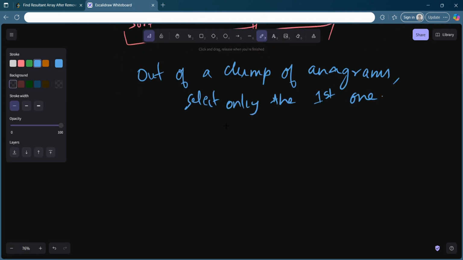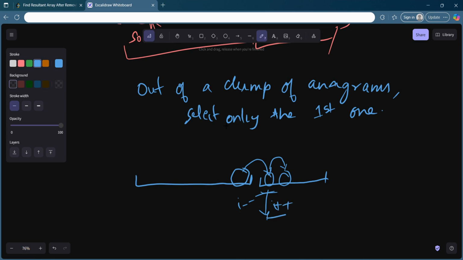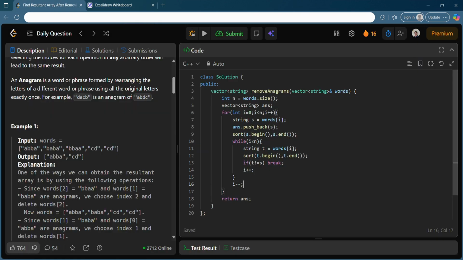So guys, did you understand what I just did? Let's say you have this clump of anagrams and you have another clump. When you are at the last element of this clump and you go to the next one, you realize that s is not equal to t, and you break from the while loop. Now your i points to this first element. When going to the next iteration of the for loop, your i will go to the next element, and you will forget this first element which you need to push back in your answer, right? In order not to forget that first element, I just do i--, so that when i++ immediately happens in the for loop, I land on the same element.